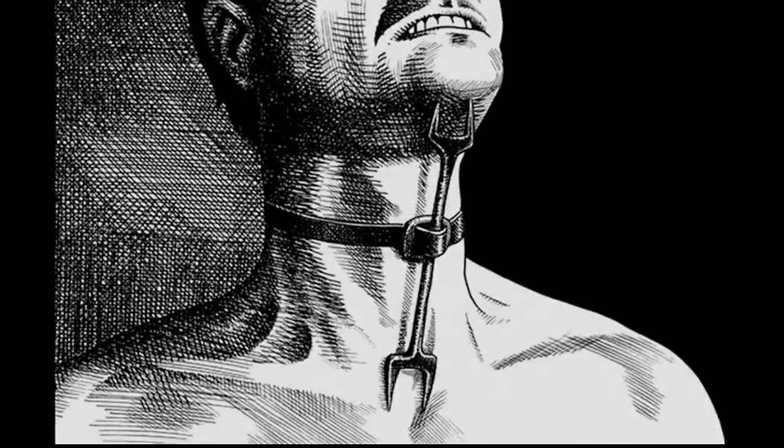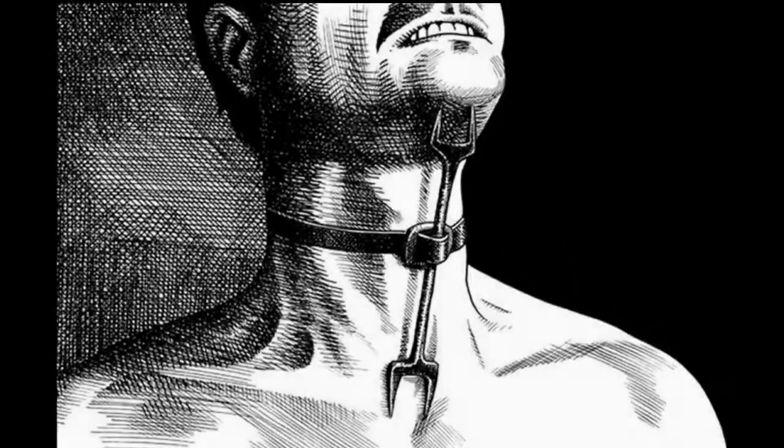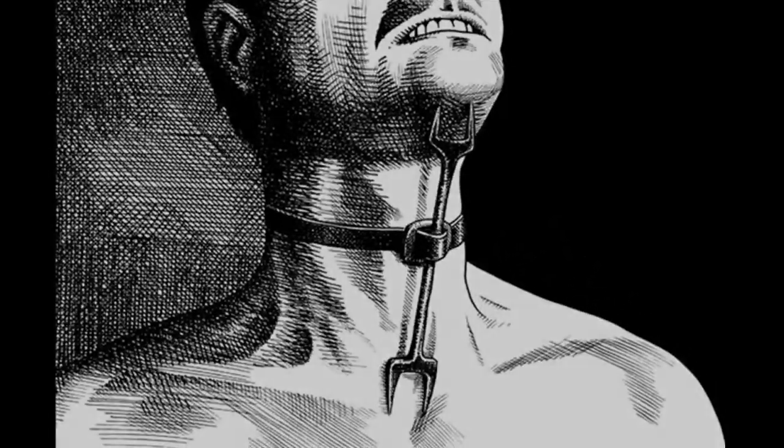Next on my list we have the heretic's fork. This torture device consisted of a metal piece with two opposed bi-pronged forks attached to a belt or strap. One end of the device was pushed under the chin, the other under the sternum, and the strap was used to